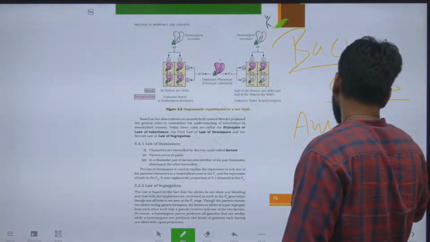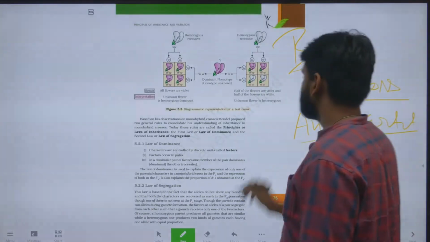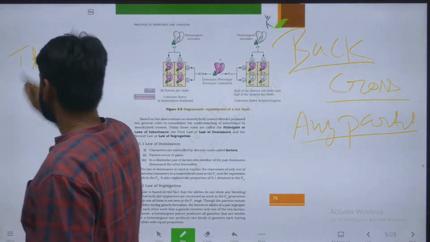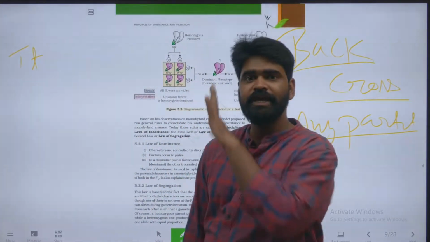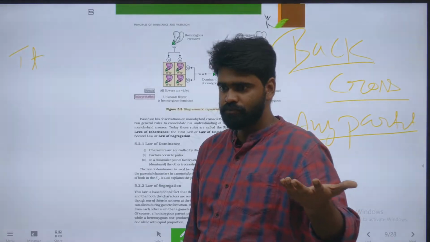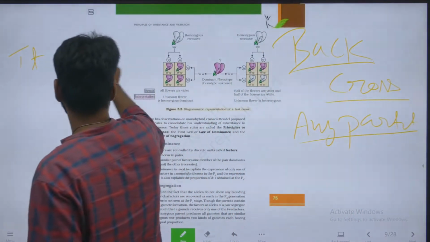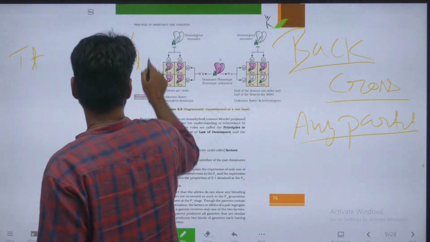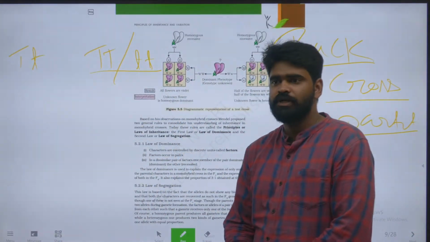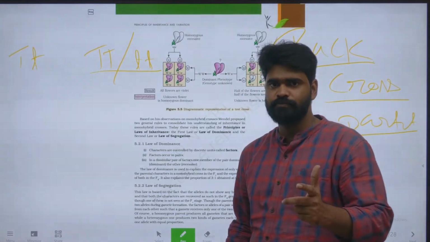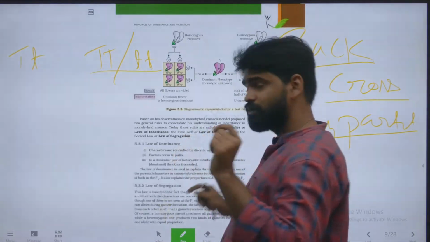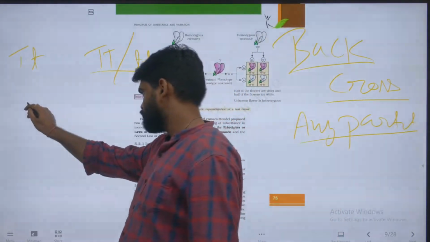Please remember, any parent. So suppose you are getting an unknown, capital T, small t. Right? You can go with any parent means what? Either capital T or small t. Right? Any parent. This condition or this condition. Whatever result you are going to get, that's the conclusion. Now there are two good things which you have to focus on. This is called